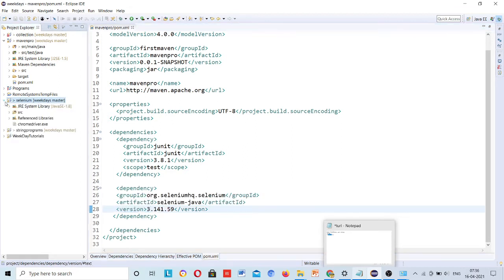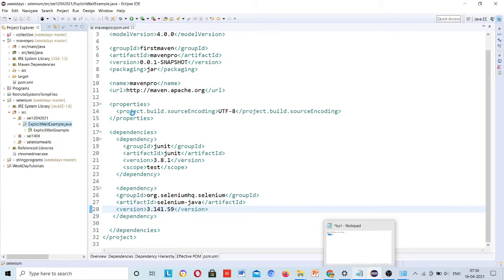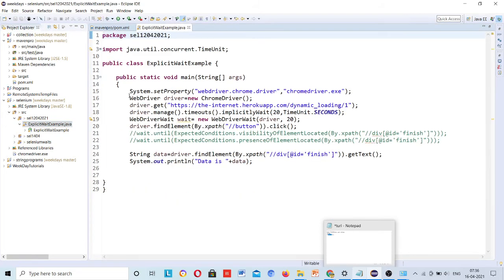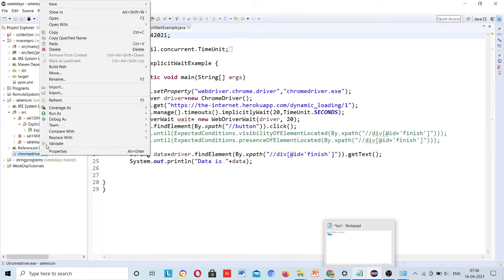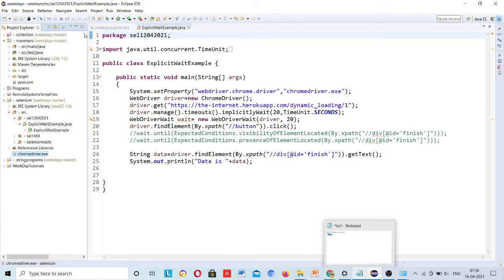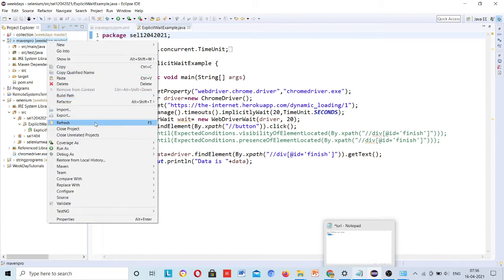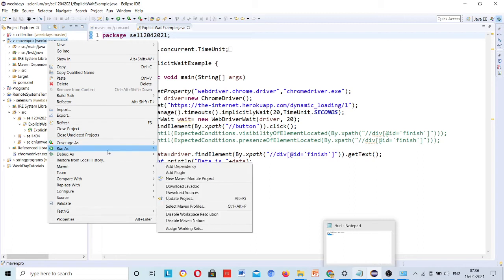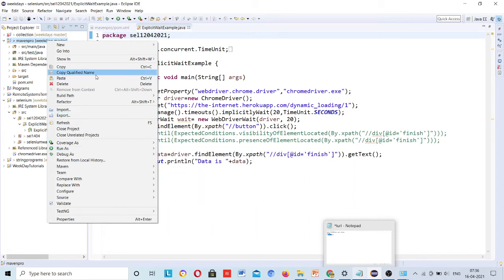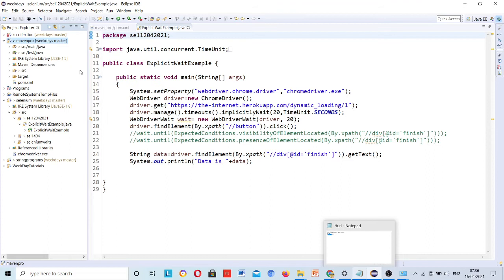So I will copy some code here. First program I will create. First of all, Chrome driver I will keep in that project, and I will paste here at project level.